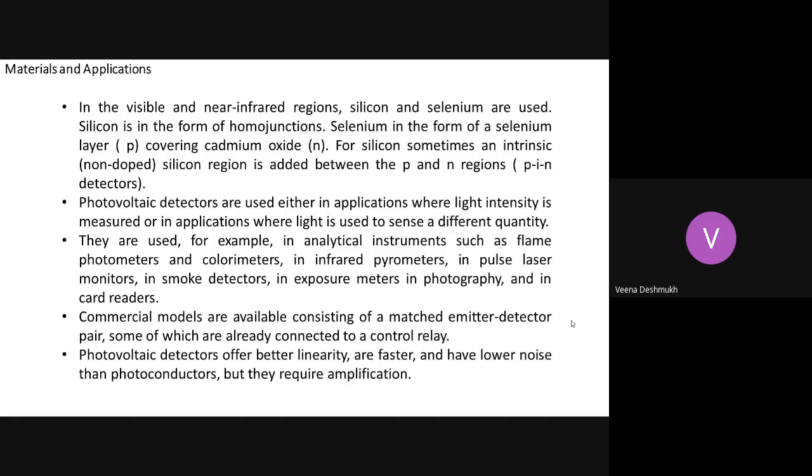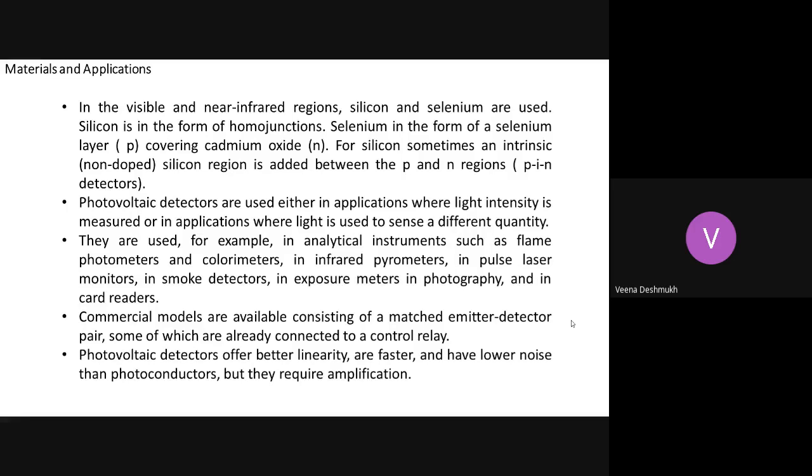So for this, what type of materials are used and where such type of activity finds application, that we need to study. So in the visible and near infrared regions. Now what exactly is this wavelength giving? Visible is, as all of you know, 300 to around 650, 700 nanometer, plus near infrared. That is, if I consider the red region, around 600 to 700 region forms this infrared.